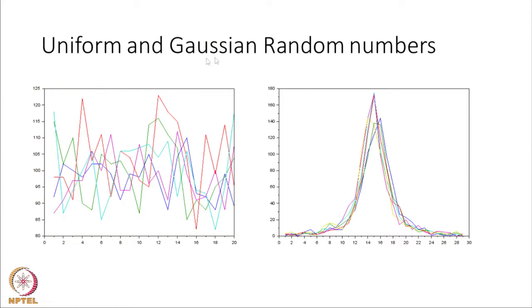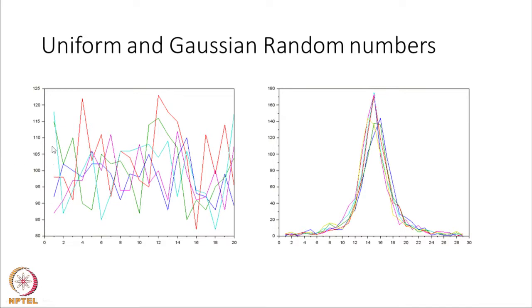When I obtained a uniform random number, remember the first program was the uniform random number, it is uniformly distributed in some range. Whatever the range, it is uniformly distributed, although it shows a lot of fluctuations. These fluctuations really are not too much, because this is 100, 105, 110, 120. Since I had generated 10,000 random numbers, each box had to contain 100. That is, there should be 100 random numbers between 0 and 0.01, 100 between 0.01 and 0.02, but in each interval it is lying somewhere between minus 90, minus 80 to plus 120.